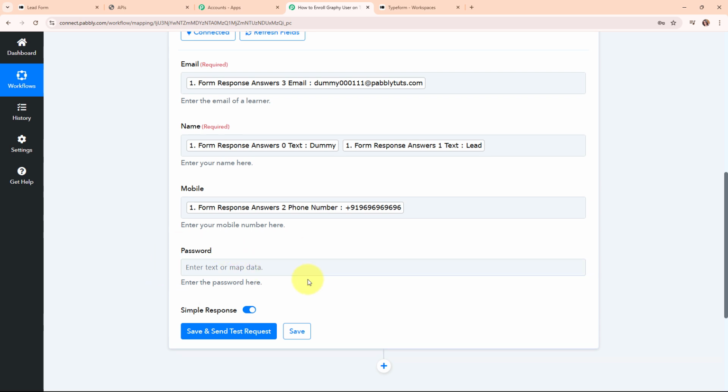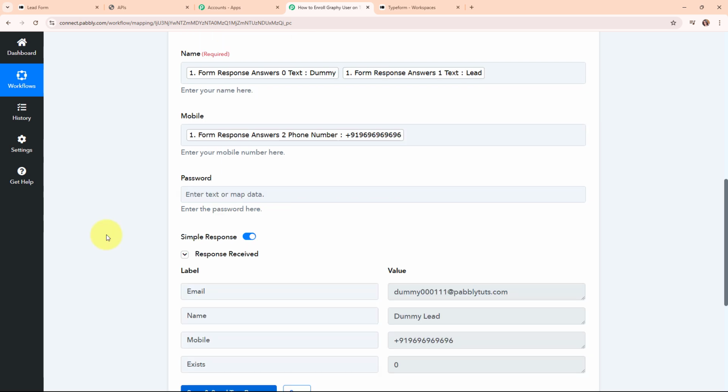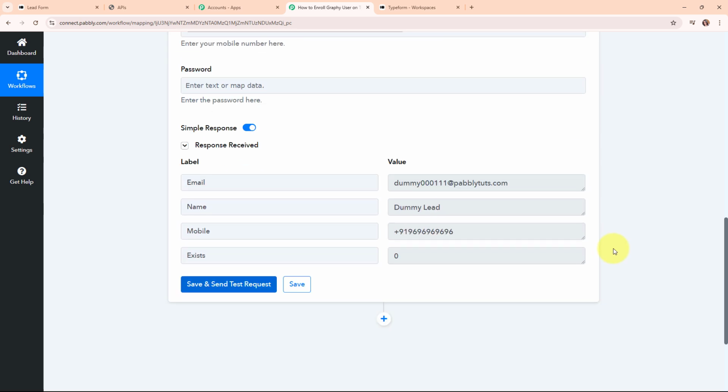So here I'm going to leave it blank, and now here, after entering all the required details, I'm going to click on the save and send test request given over here. And here you can see we have received a successful response where we have received the email, name, mobile number and exist value as 0. That means we have successfully created a new learner in our Graphy account